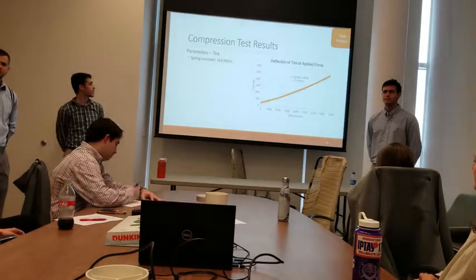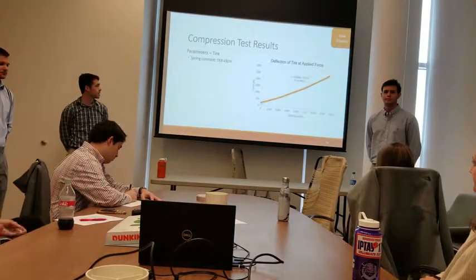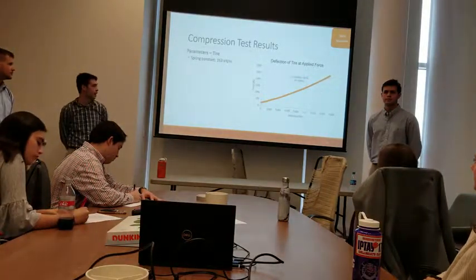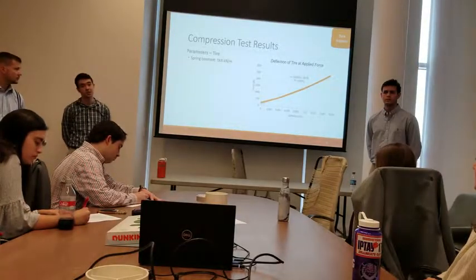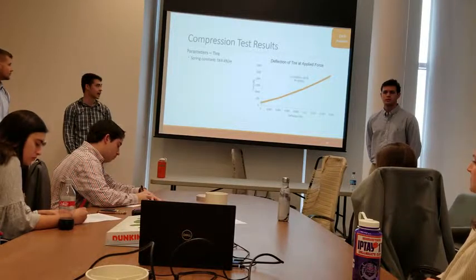Finally, the spring constant of the tire itself, we got using the compression test, as Mason said. Here's our graph. It's pretty linear, some slight nonlinearities, but for our purposes, it's a well enough approximation to get the spring coefficient of the tire. And so finally, we have all of our tires. We can get into the